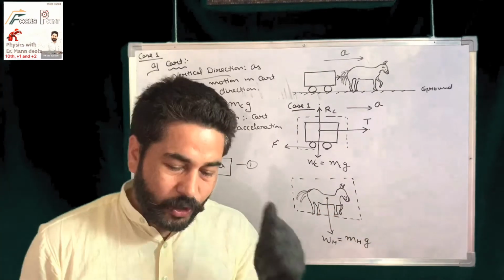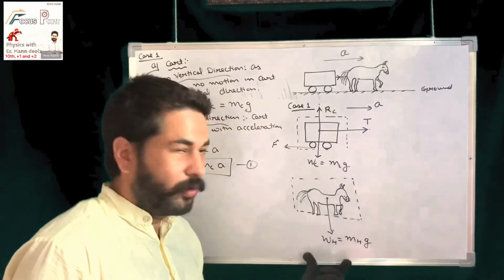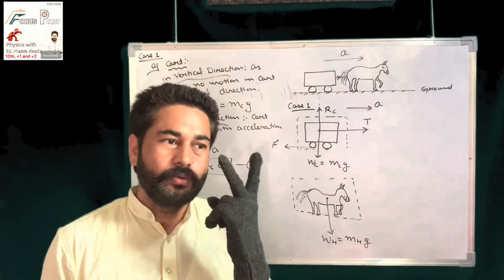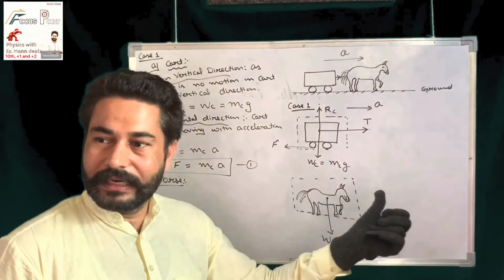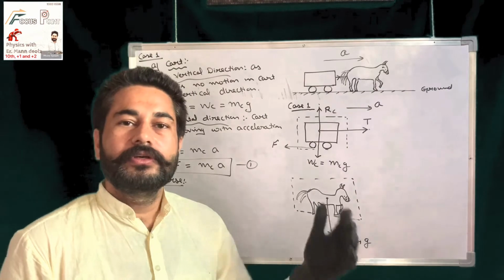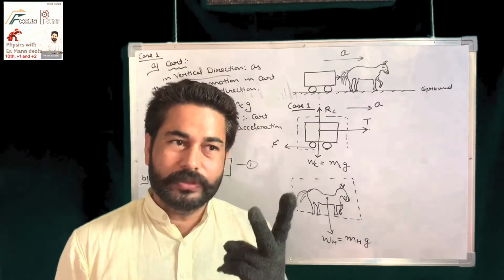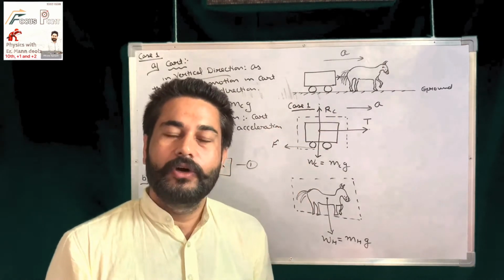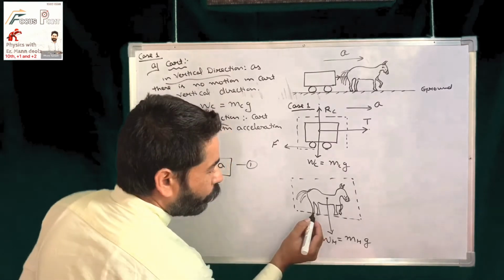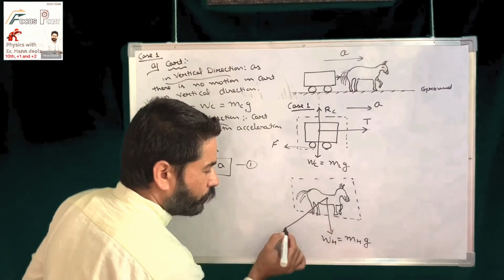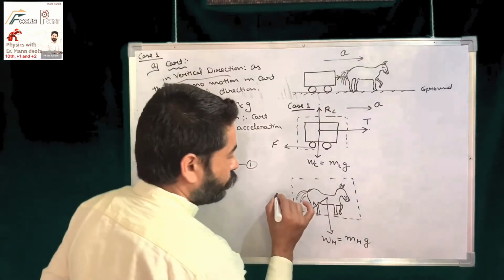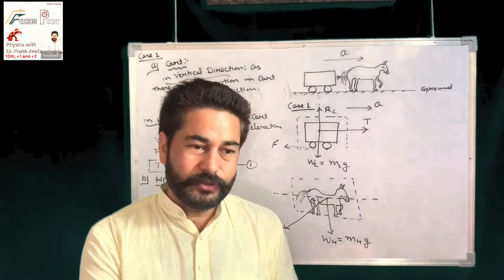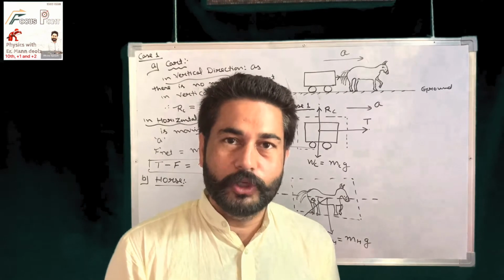Okay. Now what does the horse have to do? The horse has to balance its weight on the ground, and it has to move in the forward direction also. So it has to do two tasks. One is to pull the cart in the forward direction, and another is to balance its weight on the ground. To do two tasks, it means this horse has to apply the force at some angle with the horizontal. So this thing should be clear, that is why the horse applies force at some angle on the ground. So let this angle be equal to theta with the ground.